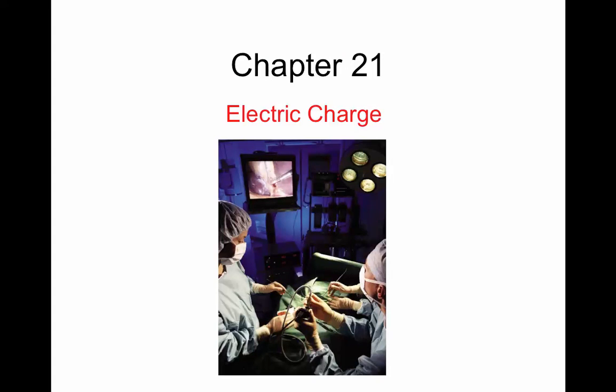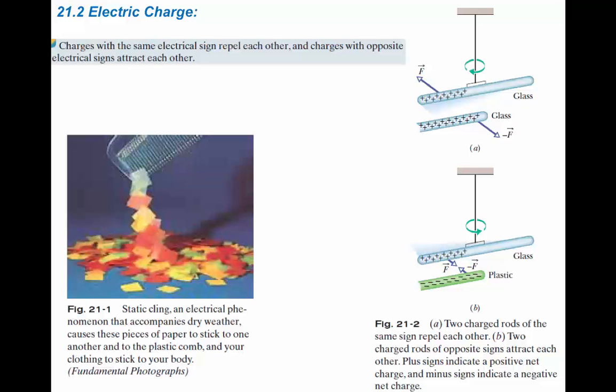Chapter 21 is about electric charge, and much of what you'll see here will be a review from previous physics classes. In this slide, you can see electric charge, and an example here is static cling. If you run a comb through your hair, it becomes negatively charged and then can attract these little pieces of tissue paper. And as you recall, charges with the same electrical sign repel each other, and charges with opposite electrical